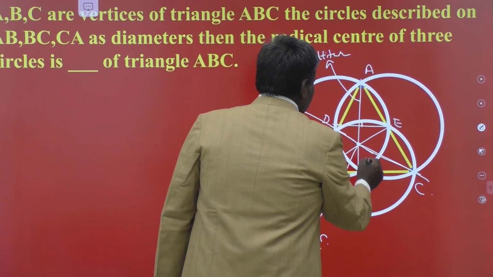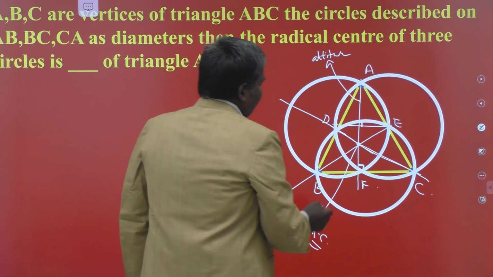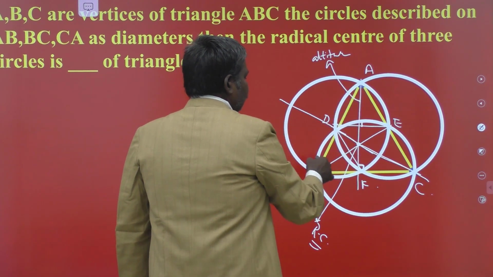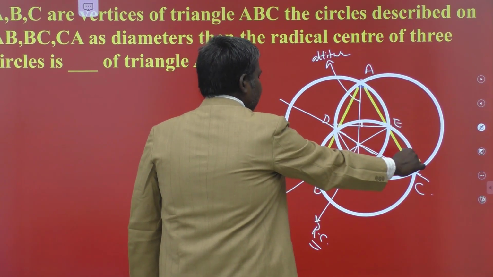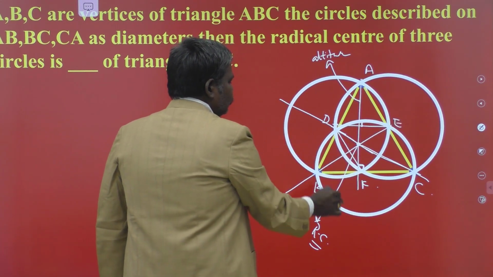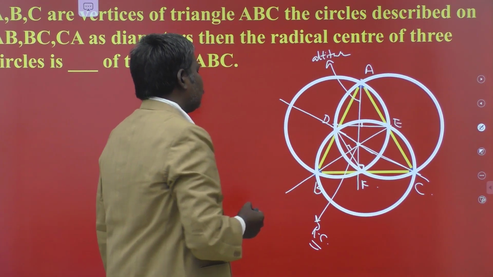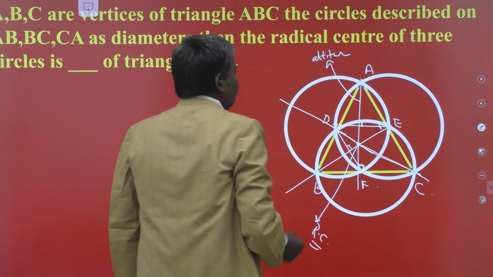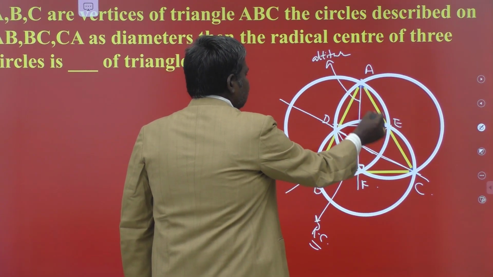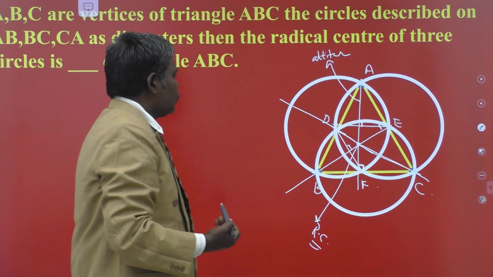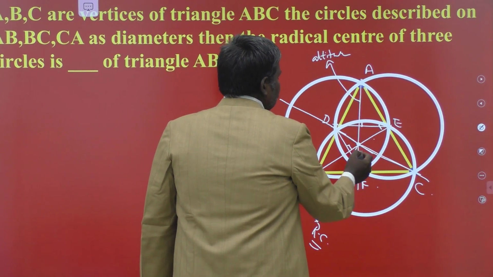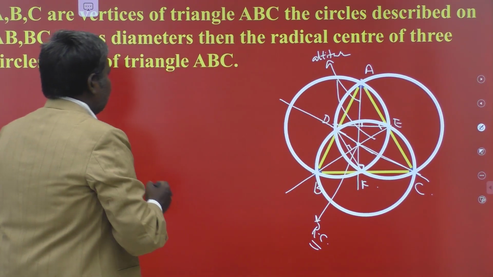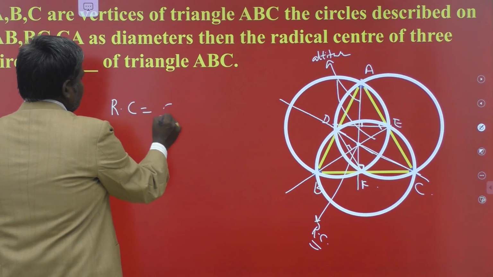Similarly, consider this midpoint F, say. Now join EF. This is the line joining the midpoints of two sides. This is parallel to the third side. Now this is the radical axis of these two circles. The radical axis is always perpendicular to the line joining their centers. Here the angle is 90 degrees, and here also 90 degrees. Am I correct or not? That means this is the line passing through the vertex and perpendicular to the opposite side. So it also becomes an altitude. So what is the point of concurrence of altitudes? Orthocenter. Here also the radical center becomes the orthocenter. The radical center is the orthocenter.